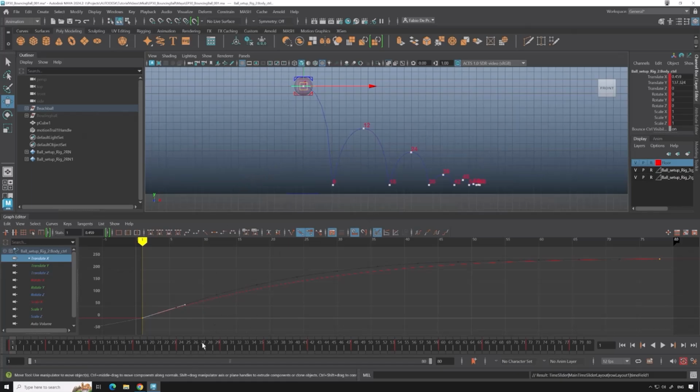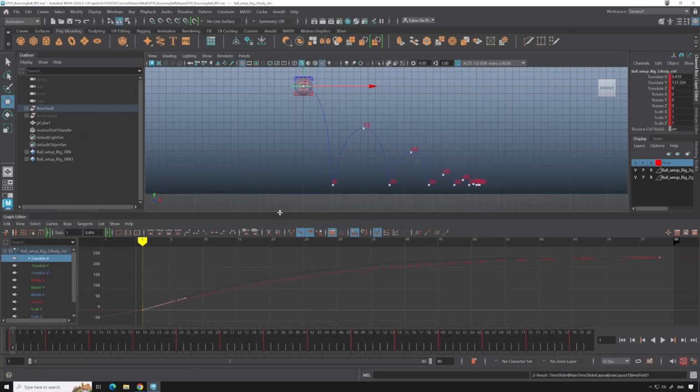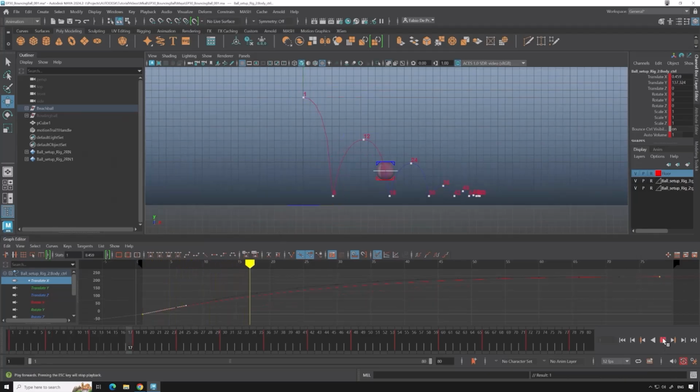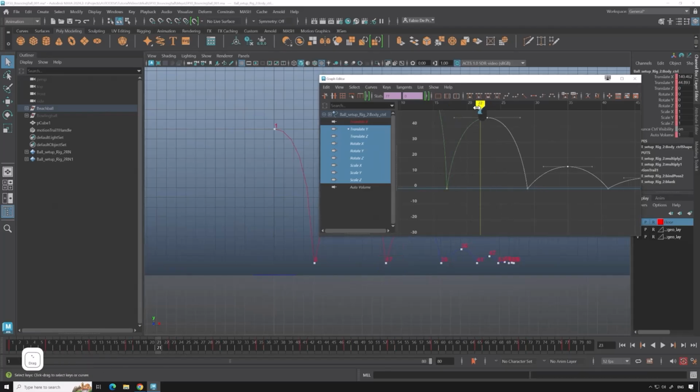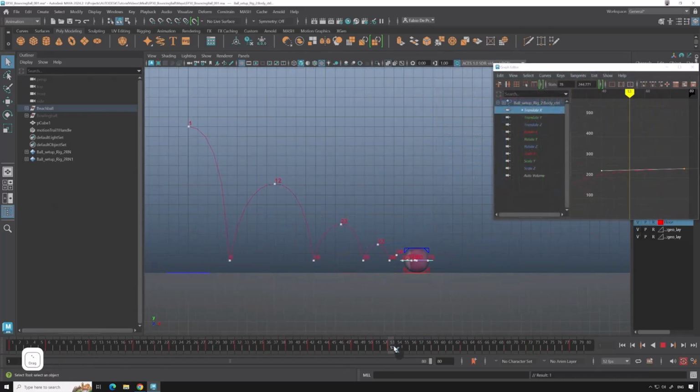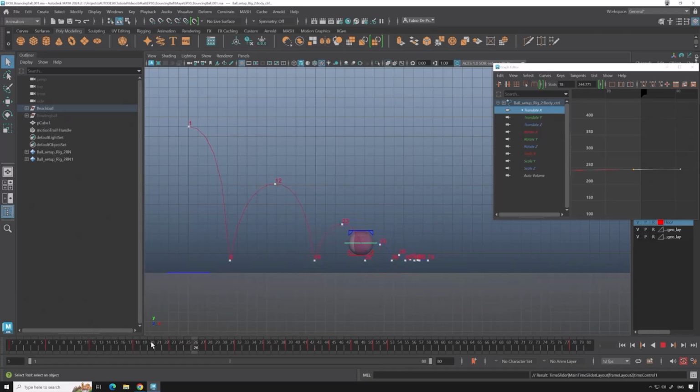And now let's try to adjust our timing a bit so it makes a bit more sense. Adjusting your timing is easy when you have some reference going on. If you have watched some videos about bouncing balls, you can really try to match it as much as you can. So I'm going to fast forward in this time retiming. So let's play our animation. This already feels a lot like a bouncing ball,